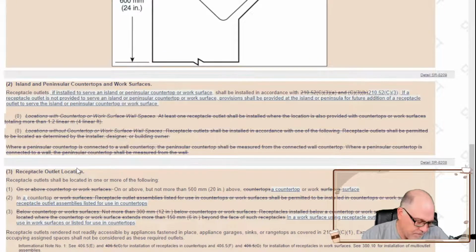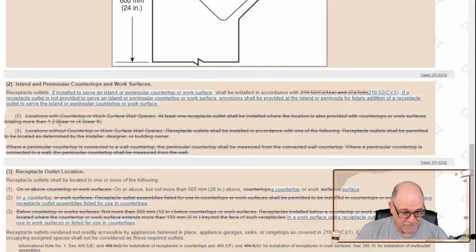I think that the home builders are going to love this. I'm not so sure I love it, and I'm not so sure what Code Panel 2 was thinking, but let's read it. Here's what it says. Receptacle outlets for these island and peninsular countertops and work surfaces. This is a big word, if. It says, if, not that it shall be. It says, if installed to serve an island or peninsular countertop or work surface, shall be installed in accordance with